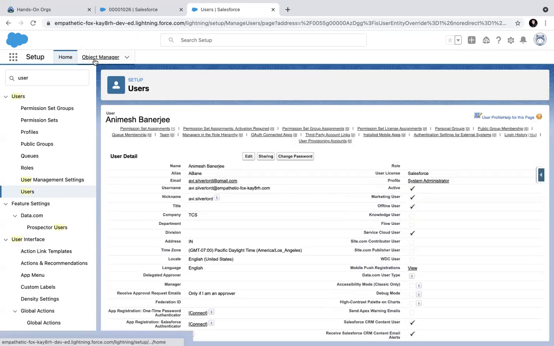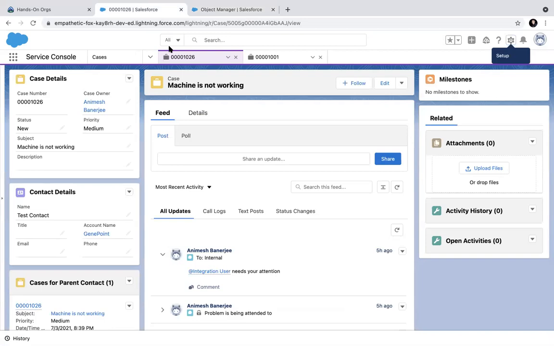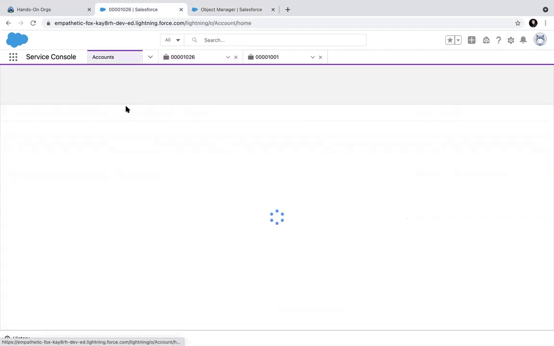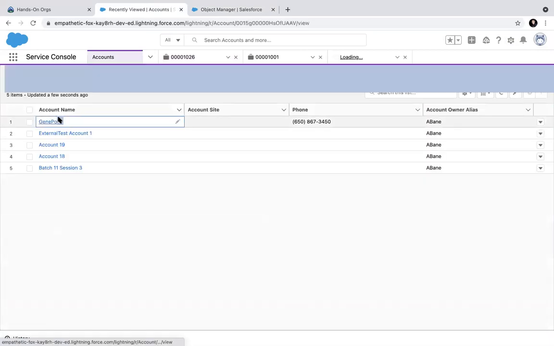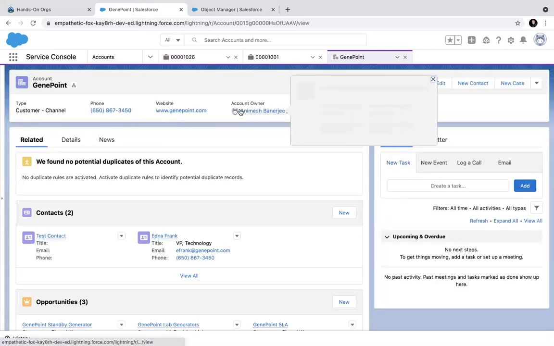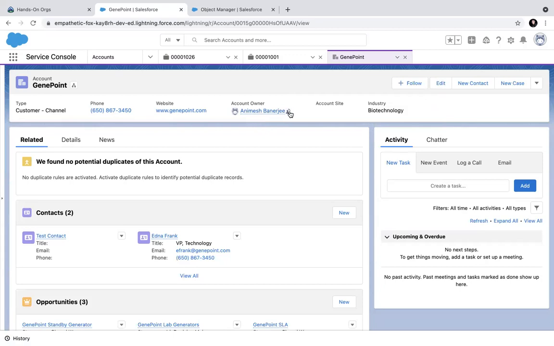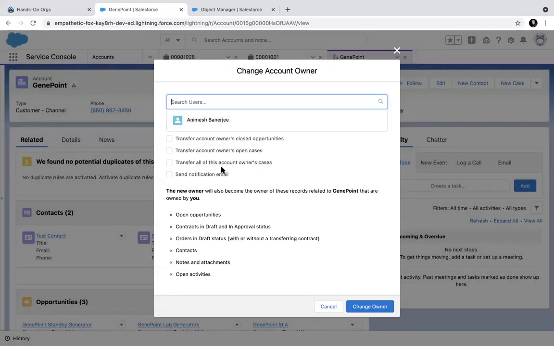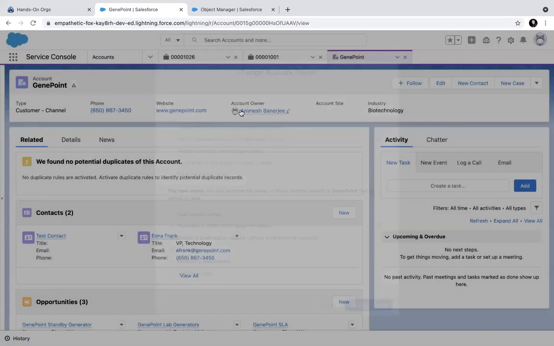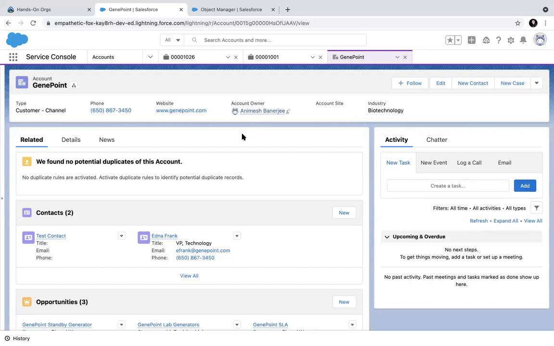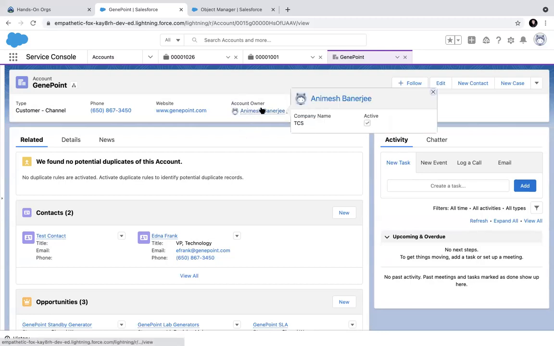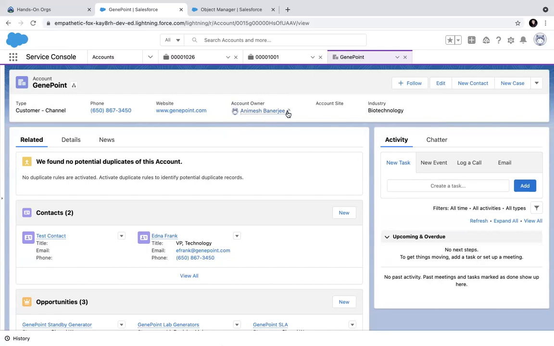Where is owner? So if you go to account or any case or anything, you see the case owner is there, right? This is the user. It is the most important field of Salesforce. If you go to the account, open an account, here is the account owner, right? You can transfer this owner to another person, but the account owner may or may not be the account creator. Yeah, you can transfer ownership to somebody else.